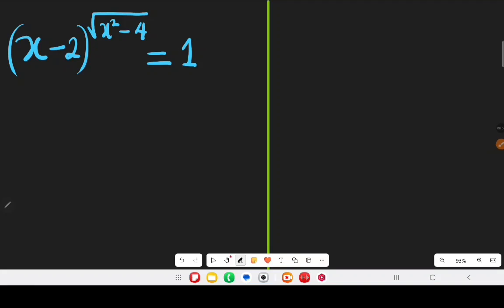Today I'm going to show you how to solve this question. It looks complex, but let's see how we can simplify it. Solution: